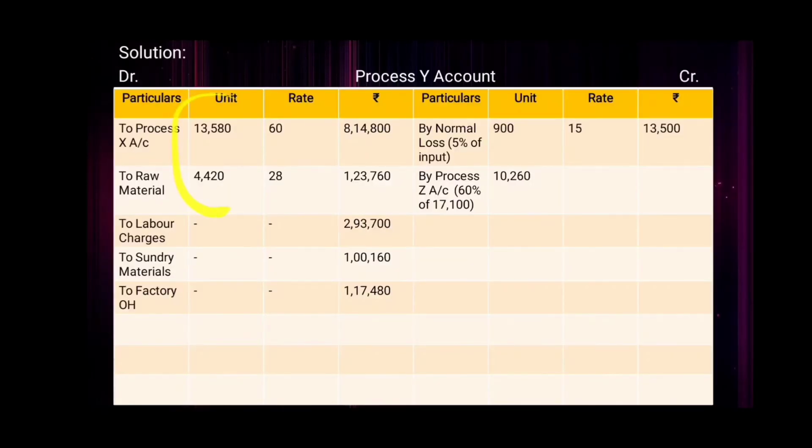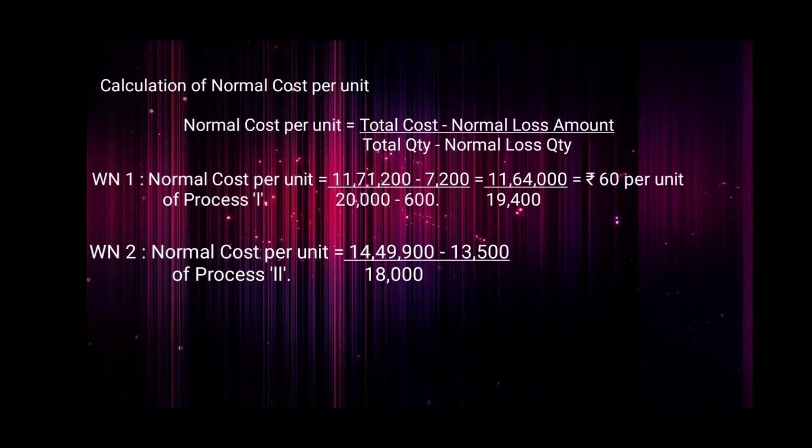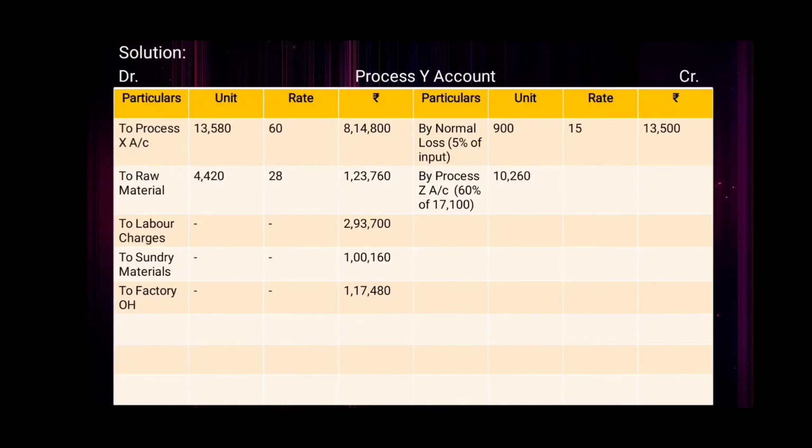So the total quantity amount is 13,580 plus 4,420, amounting 18,000 minus normal loss quantity, which is given as 900 units,